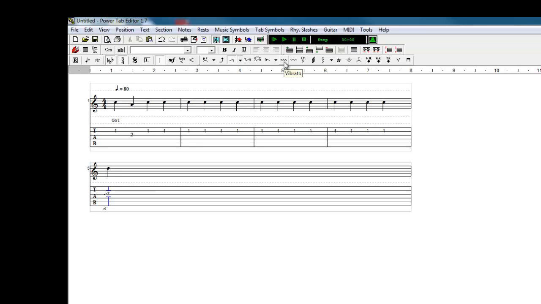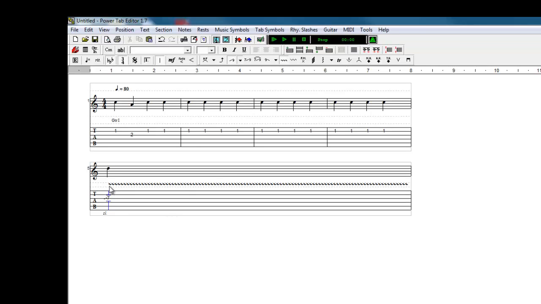And right here, we can add some vibrato. That little squiggly line right there above the tab tells us to add vibrato. And when we're adding vibrato, we're just doing little baby bends, I guess you could say. If you've ever seen B.B. King play, and he does his butterfly vibrato,